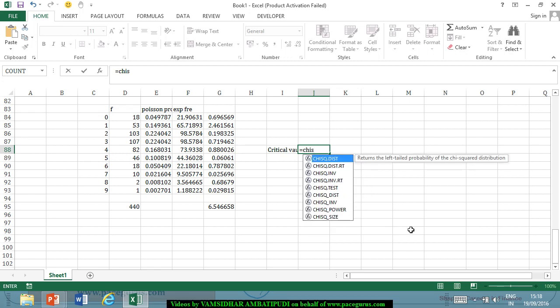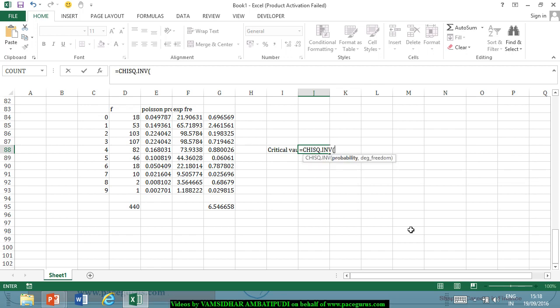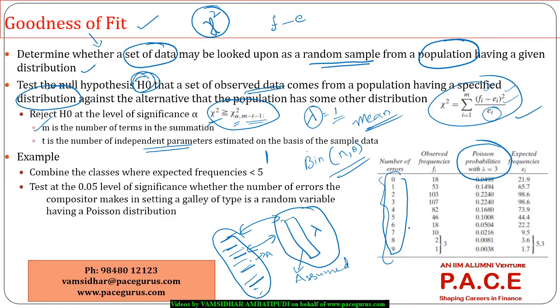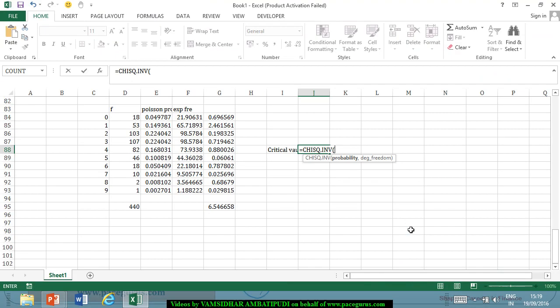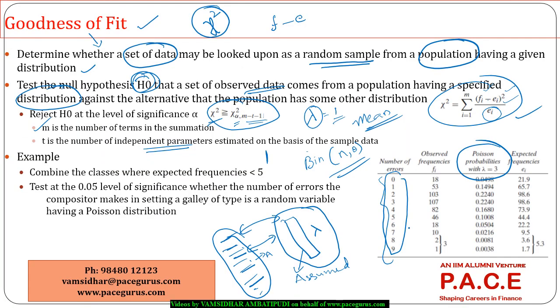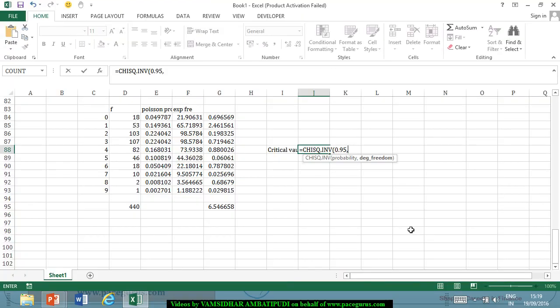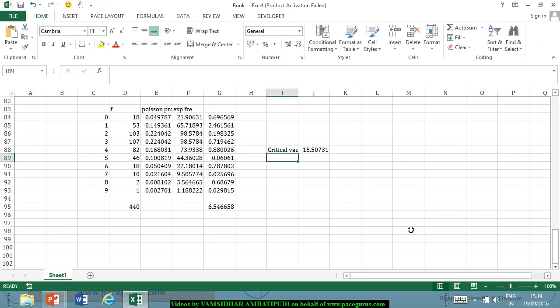Right, I am taking a chi-squared inverse. The probability that I am asked for is 0.05, so in Excel I'll take 0.95. The degrees of freedom are m minus t minus 1. Here my m is 10 and t is 1, so I can take it as 8 degrees of freedom. In this case it is coming out as 15.5,